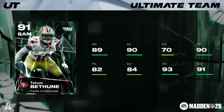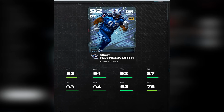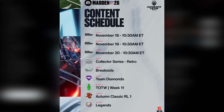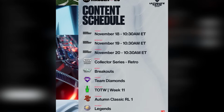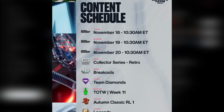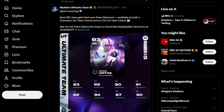Of course, we had Collector Series today. Honestly, not too many notable names. Albert Ainsworth was the LTD. But Team Diamonds is tomorrow. And then we give Autumn Classic Release 1, which is Thursday. And we have 3 Good Morning Maddens all back-to-back days, starting tomorrow morning, Wednesday morning, Thursday morning, going over their respective content. We got a teaser-esque style for Team Diamonds, and I'll get into how I think Team Diamonds is